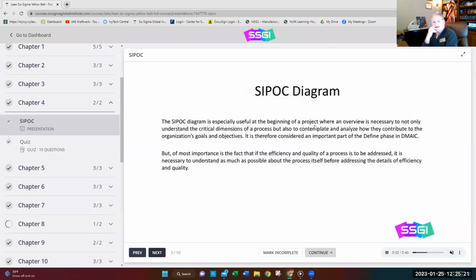It's especially useful in the beginning of a project where an overview is necessary, not only to understand the dimensions of the process, but also to contemplate and analyze how to contribute to the organization's goals and objectives. So we had to get the big picture. This is how many parking spots you got. This is how many students you got. That was the big 10,000-foot picture of it. And then we can break it down into phases that go through defining, measuring and problem solving. But we're headed towards the most important part, which is the efficiencies and any kind of quality improvements